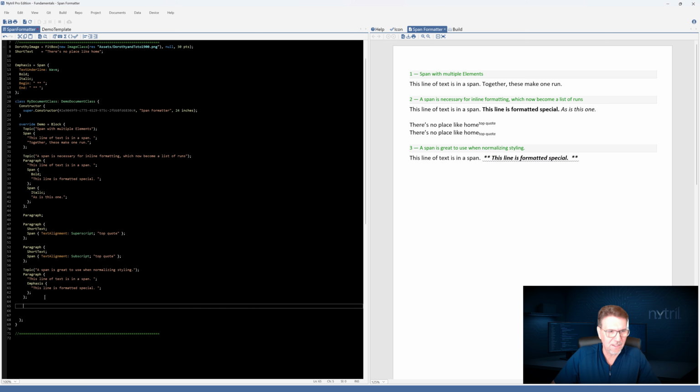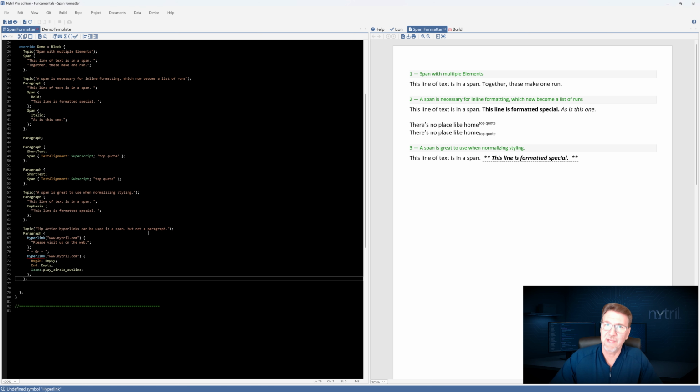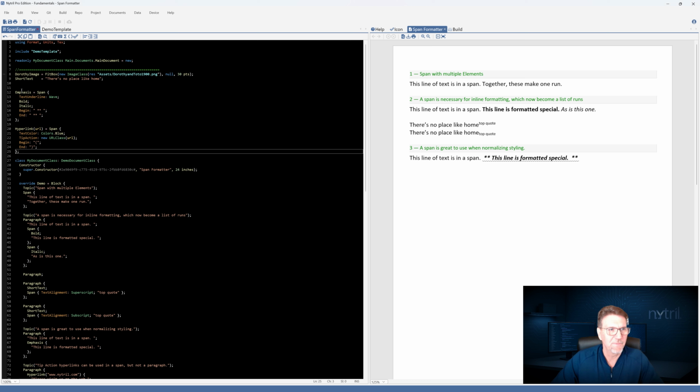Let's take a look at that concept again, but this time using a feature that is specific to a span, not completely specific, but it's something that cannot be used in a paragraph when you're just dealing with normal text, and that is a tip action. So we're looking for this hyperlink method here. I'm going to put it in up here. These are our two styles. Both are spans, and in this span here, we're adding this tip action property.